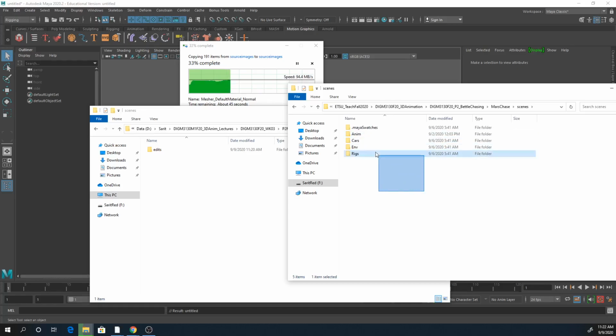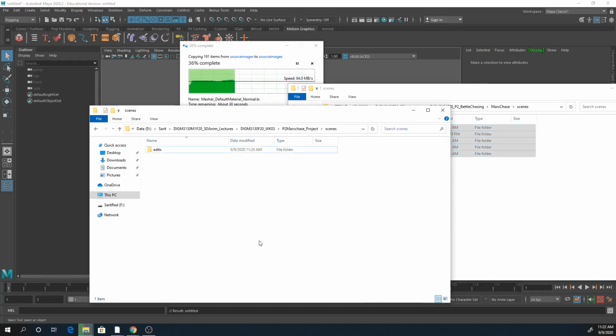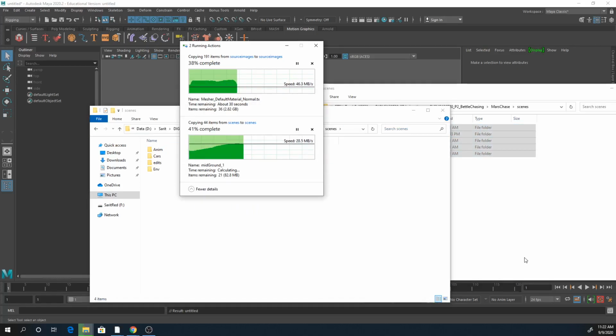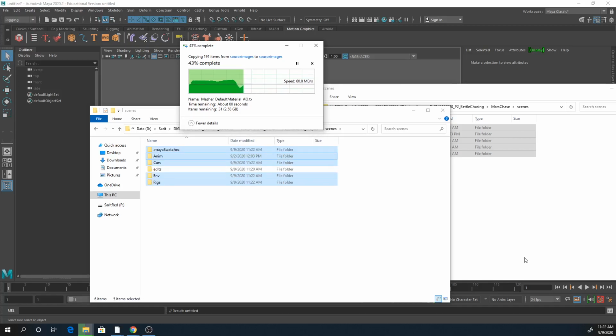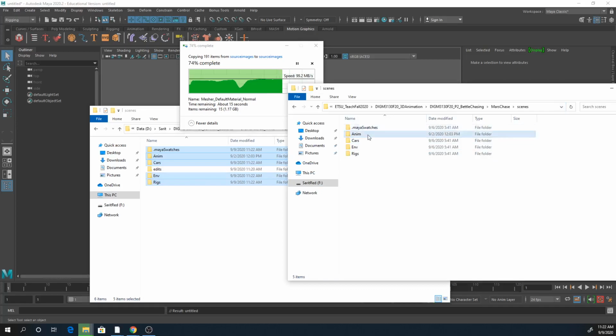Double click on scene and then drop everything in there. So now you got everything you need for animation. So the rest of the things is you modify them, you create a scene that has a camera shot, you animate it. Okay, so while we're waiting,